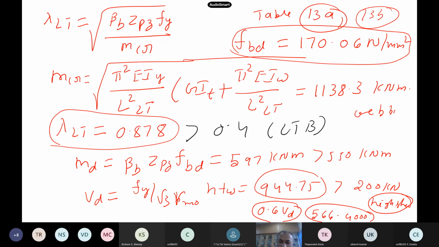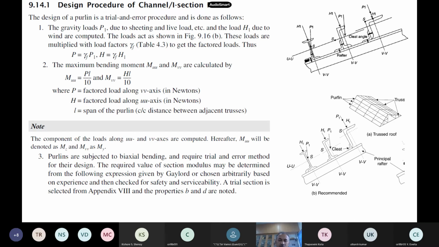Okay. So this problem is already there in Duggal. So just see that one and you can calculate. Duggal has explained it using all the formulas. Without formulas also, the simplest way, you can go to these tables and calculate these numbers. Okay. So this is how we can do it for the beams.